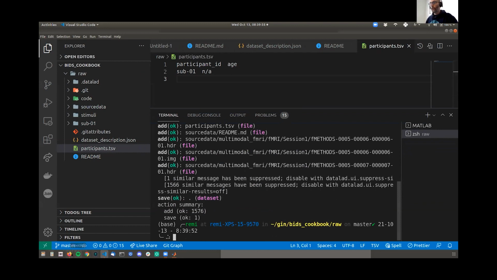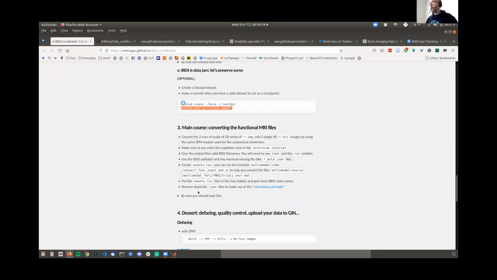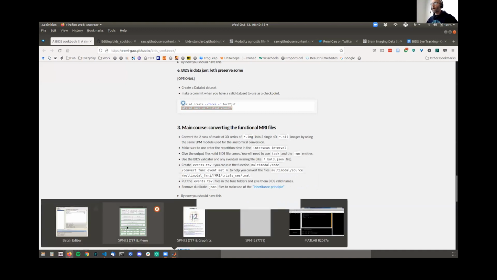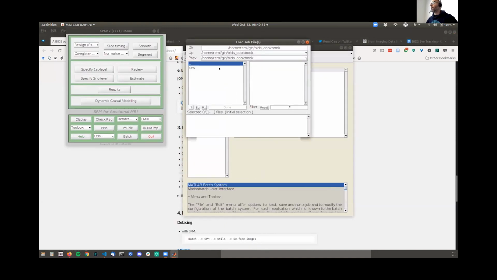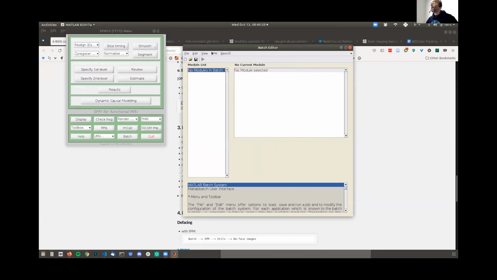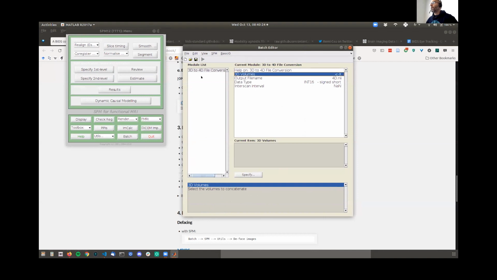Then the next step is converting the functional MRI data. It's going to be very much the same, so I'm going to do it a bit more rapidly here. We want to grab our functional data and convert it to a 4D format.